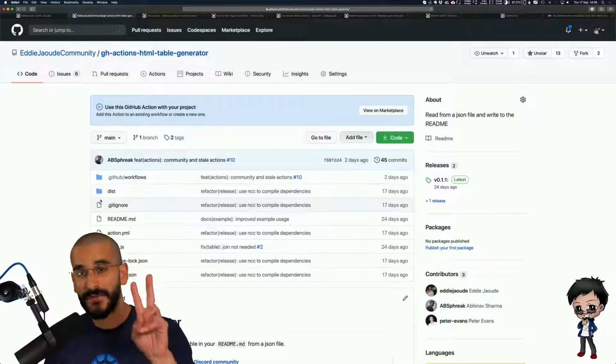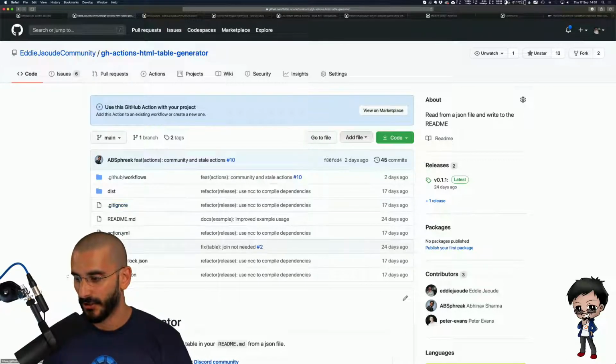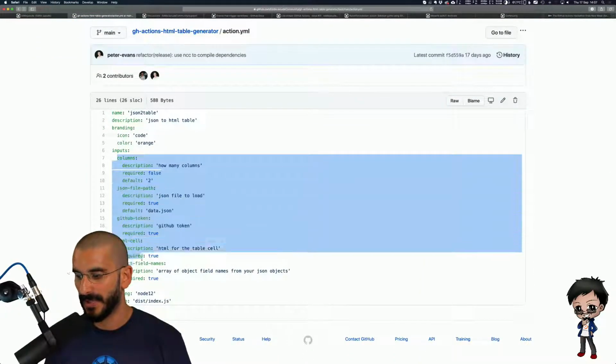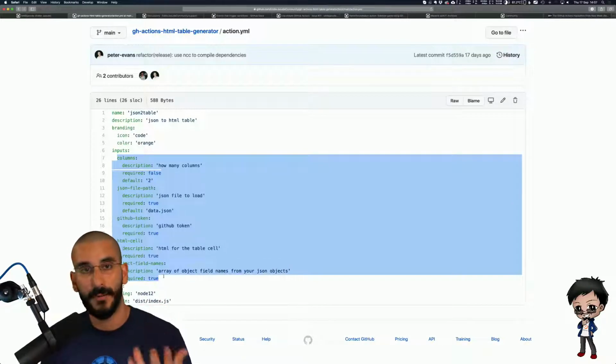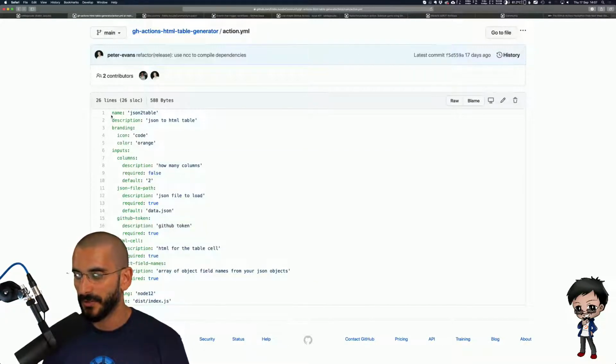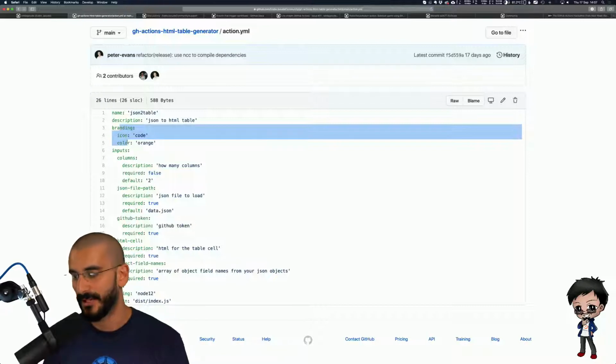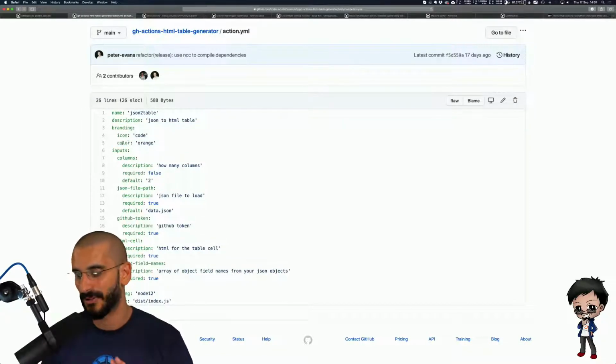So what you need is 2 files to create an action. Just 2. One is an action.yaml. In here, this looks big and scary, but if you notice, these are all under inputs. So you might only have 1 input or no input, etc. The important part is the name, what you're going to call it, description. And if you're going to put it in the marketplace, you need branding, so the icon and the color. But if you're not going to put it in the marketplace, you don't need that. And you can always add that later, so it's not a problem.